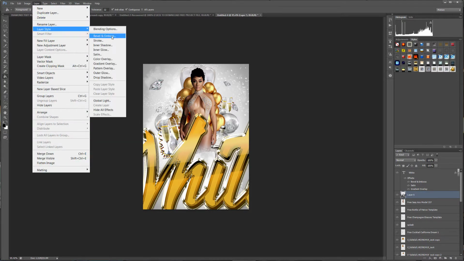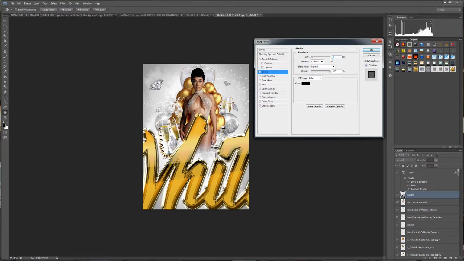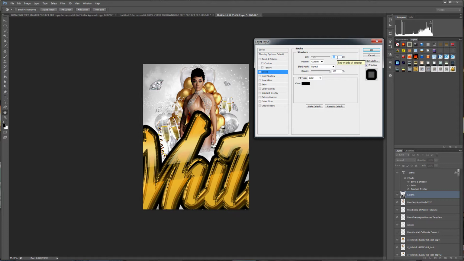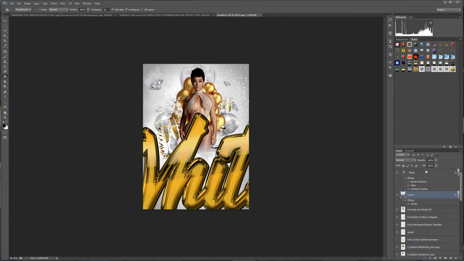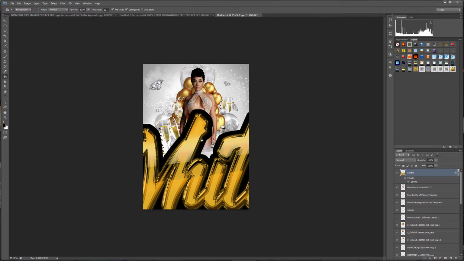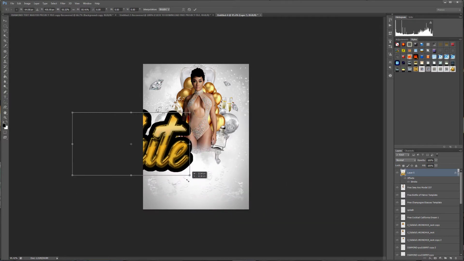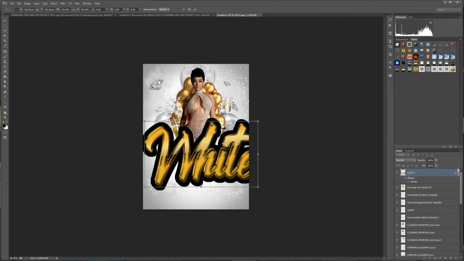So we'll go to layer, stroke, and I'm simply going to blow the stroke up so that you can see the actual effect. There we go. I'm going to hold Control. Now I'm going to hit Control E and merge it down. So don't worry about that black. We're going to move it, adjust it. But the reason why is because when you produce